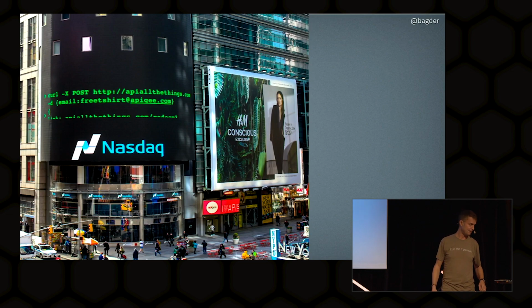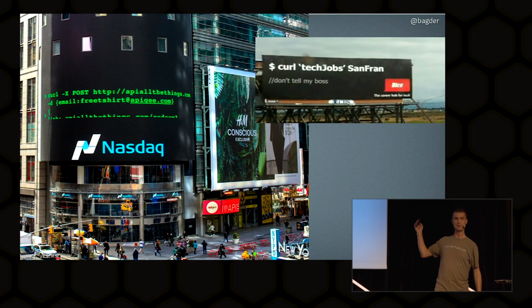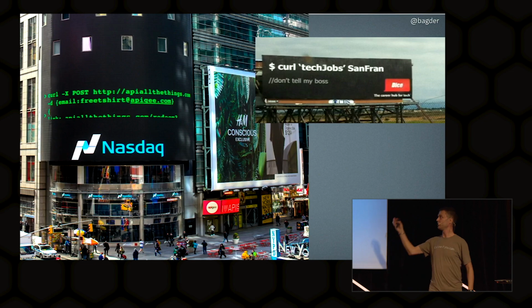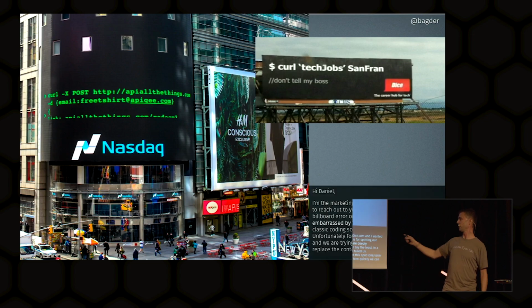Awesome. Or one of my favorites. Sometimes people ask me when in time did you realize that curl was starting to become something big, that we had many users. And I think maybe this was the moment, because here's a billboard in Silicon Valley. I think this is 2012. It's a completely nonsense billboard. It's no command line that works. But it says curl in there. And the marketing manager emailed me later and was embarrassed about it. So it was sort of an extra bonus.